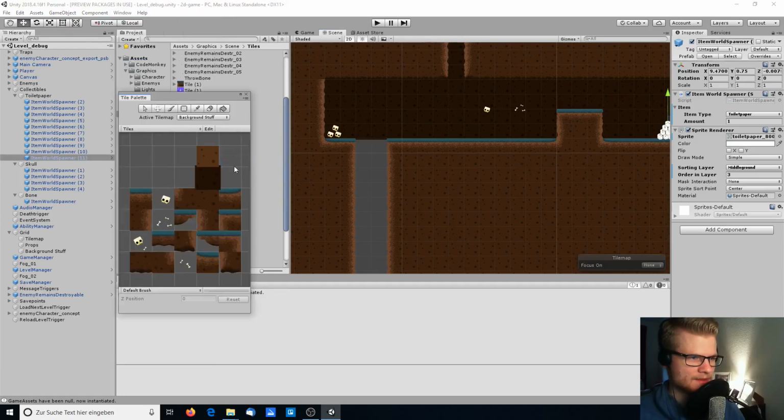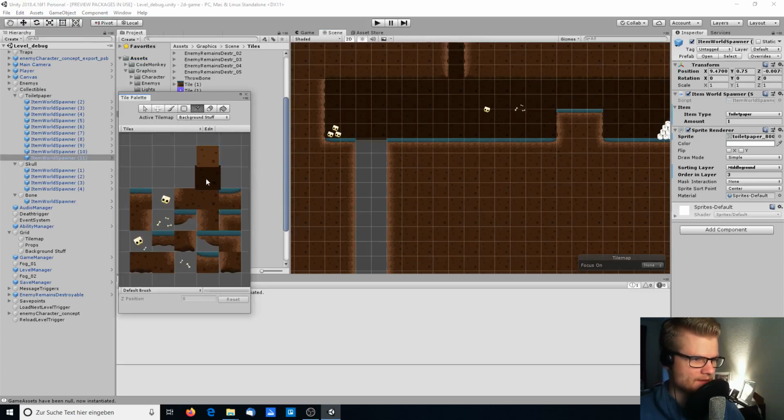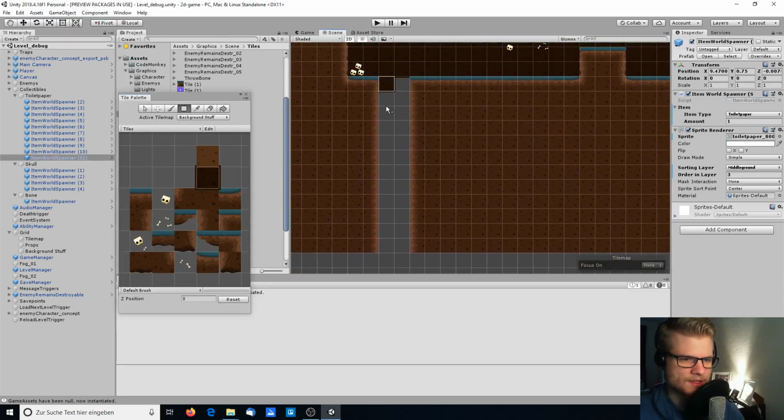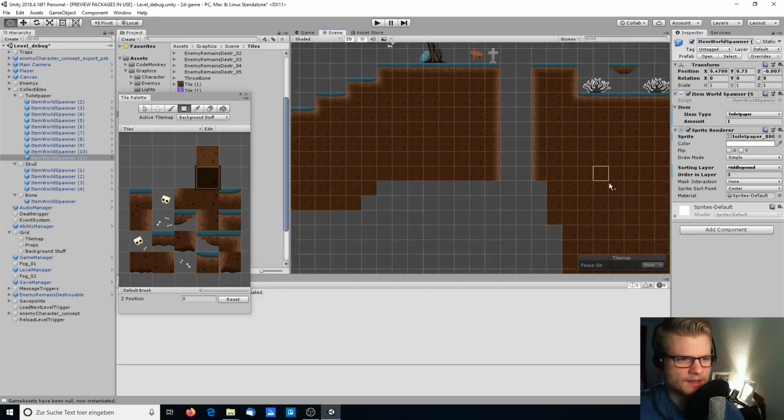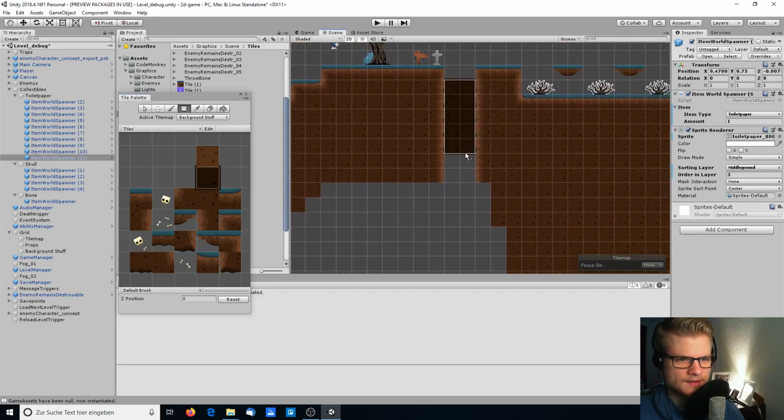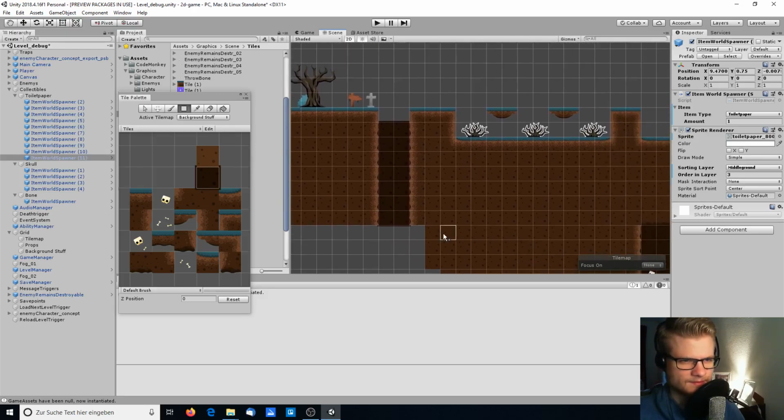To the tile palette, there we go. We are on background stuff. I get this as a brush, painted down here, and I also want to have it here. And then I need another extra tile. I want to recreate this one in order to make this closing space up here. Okay,